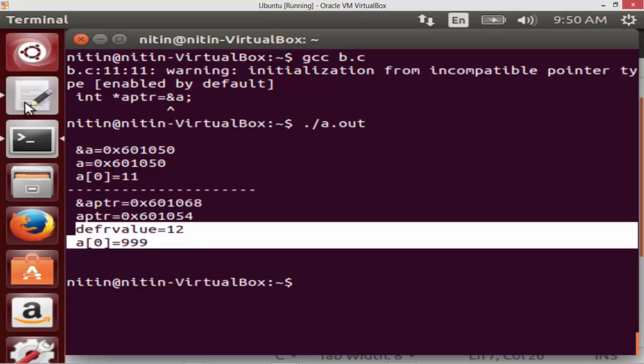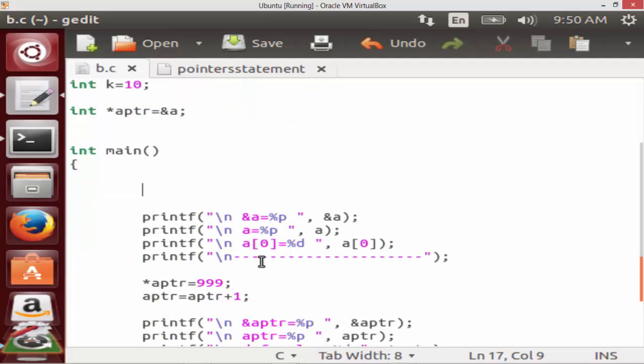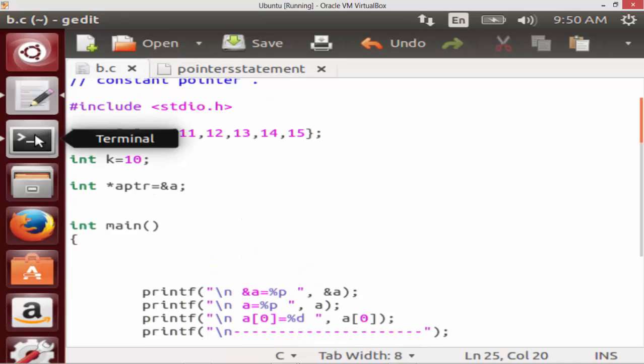That is because I first refer to the first element of the array, and a is nothing but a of 0, and then I incremented it by 1. So I am able to access the second element. But now if I increment it by say 3, it is pointing to 0, and if I increment by 3, it should give me the fourth element, which is the value 14.